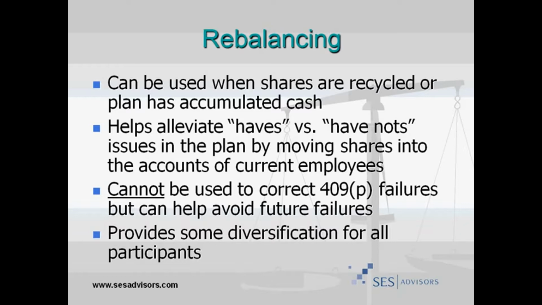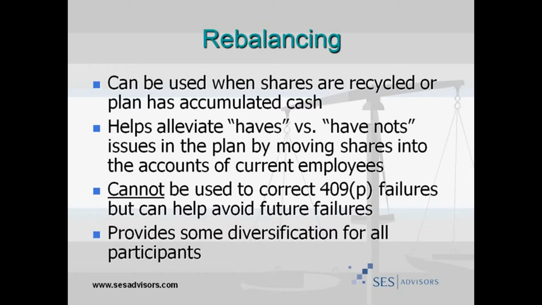So this again is only S corps, and that person might own more than 10% or be approaching 10% ownership on an individual basis, or might be part of a family group that owns more than 20%. And the non-allocation year, which is what you're really trying to avoid, is where those people collectively own more than half of the company. So IRS has said you can implement this as a way of moving stock out of these accounts as part of the rebalancing feature, but you cannot correct a failure by adopting a rebalancing feature.